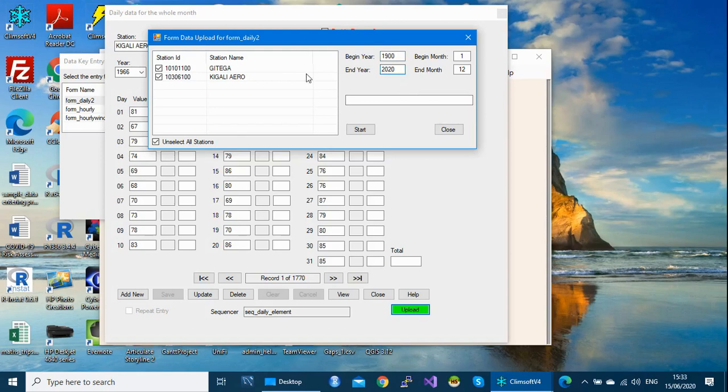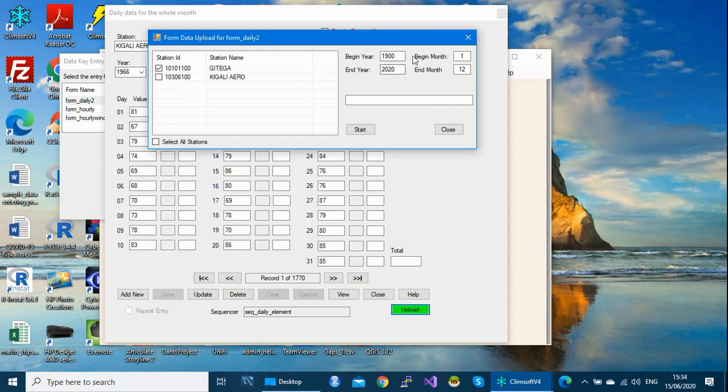But in our case, to move faster, let's say we want only one station, not all. Because this station doesn't have a lot of data, we can say, okay, we want to upload only one station.